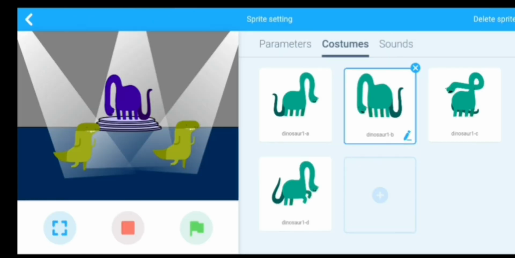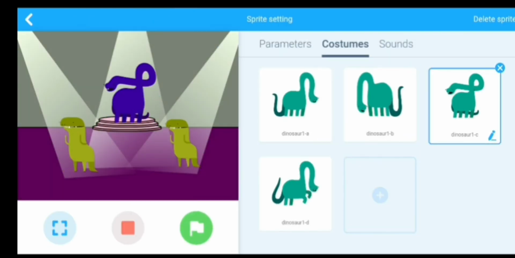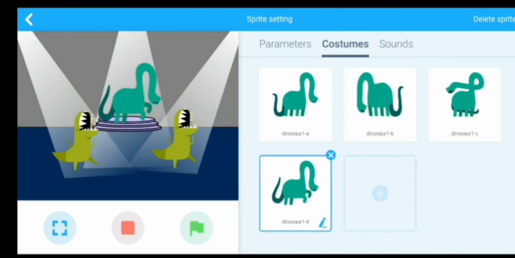Okay, run this. You can see that the center dinosaur's color effect can be controlled by sliding the finger up and down. Okay, same step can be done for the other two sprites.